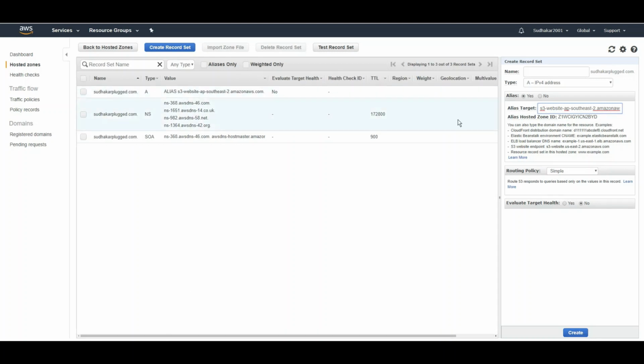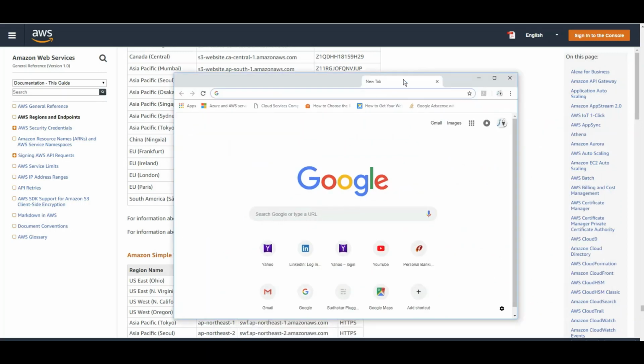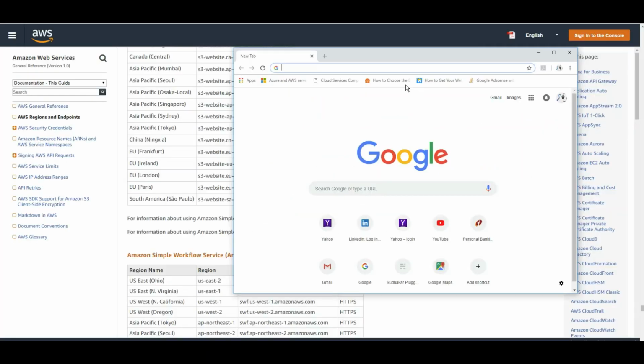You can see it here. But once I hit create, it's going to create the record. After the record is created, maybe after like 5 minutes or so, once all the DNS are updated, our blog should be accessible using your domain name. It's been already more than 5 minutes since I've created the record, so let's actually open a new tab. Just going to it and test